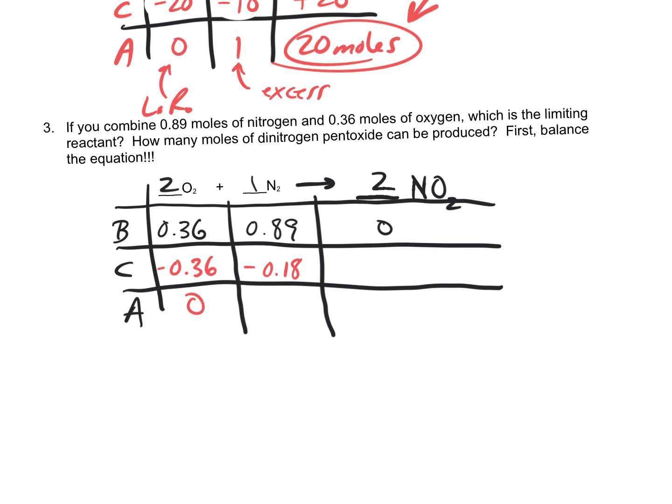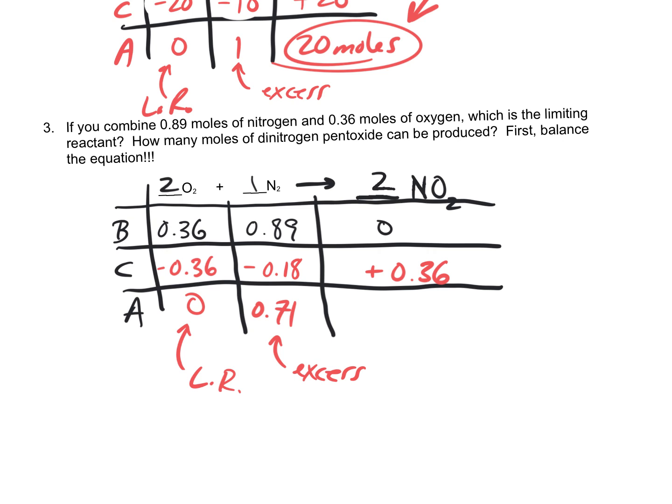0.89 minus 0.18. I'm going to be left with 0.71 excess. And this is my limiting reactant. So how much NO2 am I going to make? I'm going to make as much NO2 as I use in oxygen. I'm going to use